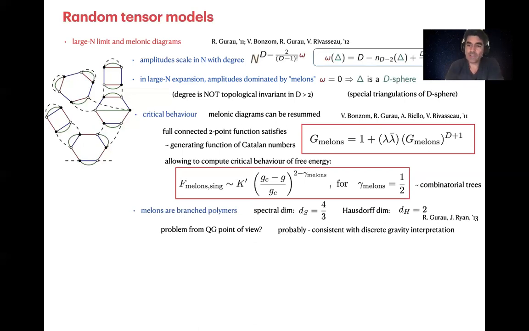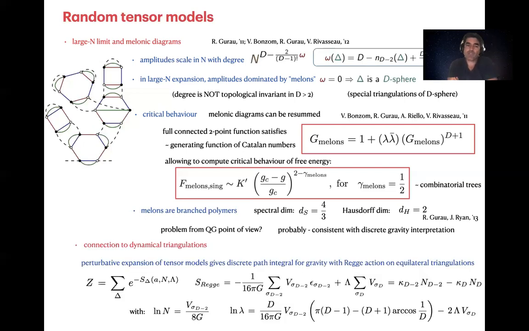On the disappointing side, in a sense, is the fact that melons or melonic diagrams correspond in fact to branched polymers. And this is expected to be a problem from the quantum gravity point of view if these are the dominant configurations generated by the dynamics of the model. However, one has to notice on a positive side that this is consistent with the discrete gravity interpretation of such random tensor models. In fact, the perturbative expansion of such models gives a discrete path integral for gravity weighted by